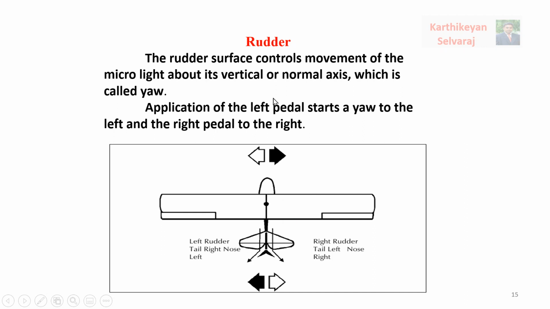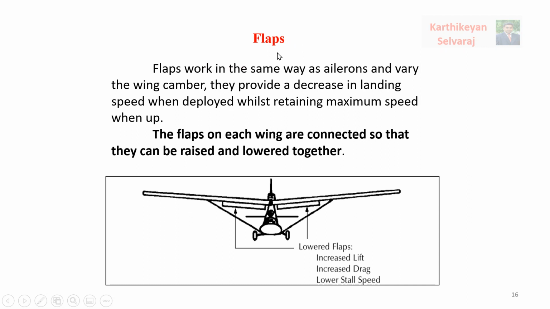And the rudder is controlled by the rudder pedal. You can see that when you press the left pedal, it starts yawing to the left direction. In such a way your rudder pedal controls the movement of the rudder. And these are the flaps. Again, the flaps increase your lift value because they increase the area, but it depends upon the surface attachment. Further on, you will see how the same flap is helpful for decreasing the lift also.